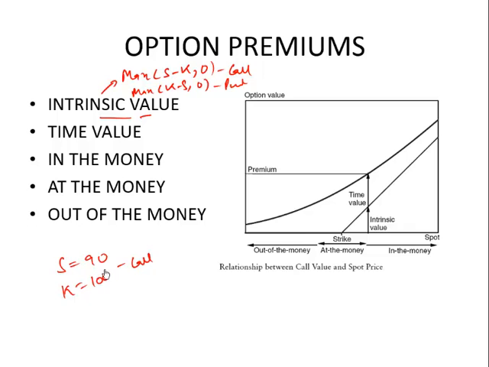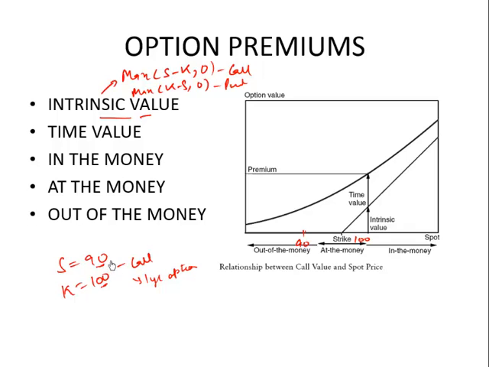So if somebody sells a call option which gives me the right to buy at $100 when the current spot price is 90, will that call option still have some value? Let's assume it's a 1-year option, or 1 year is the time to maturity. So will this call option still have some price or not? The spot price is 90, the strike price is 100. The premium that I'm paying for this option will be a positive number